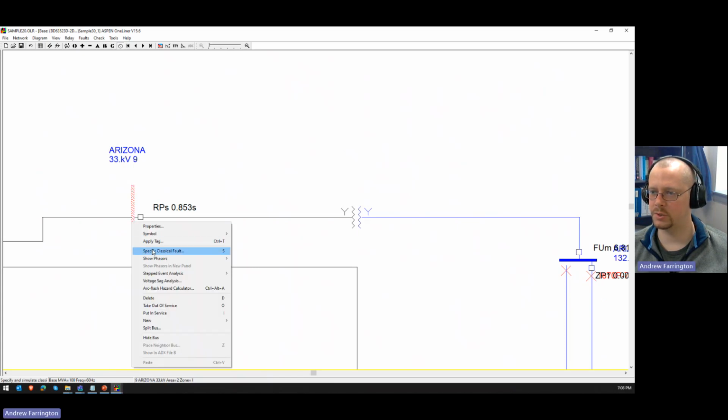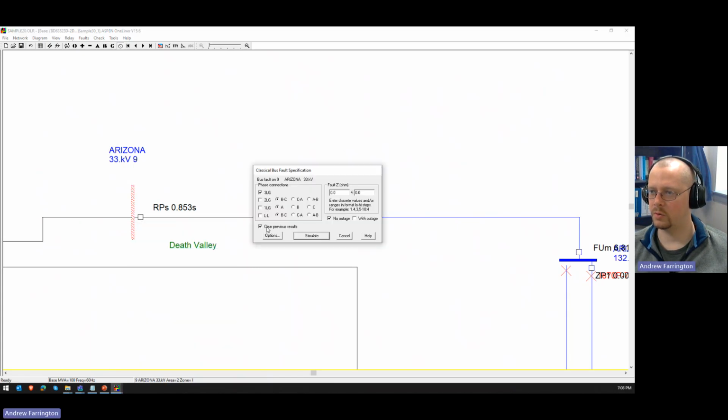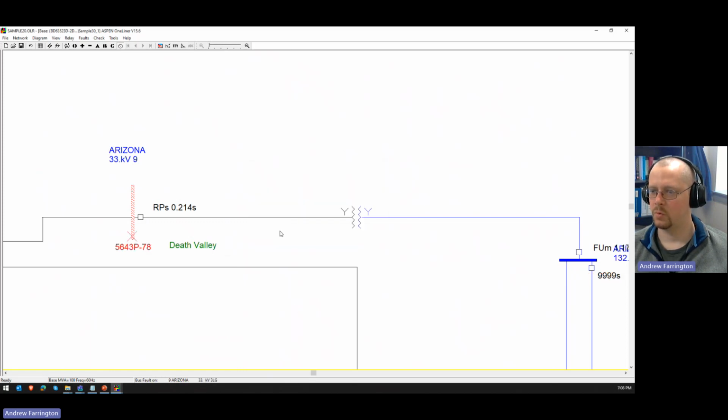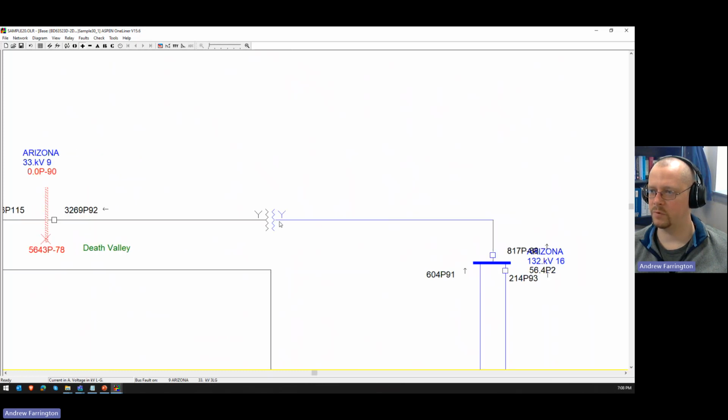But what this currently doesn't take into account is what the fault current is and the relative current seen by the two devices. What do I mean by that? Let's say it's a three-phase fault on this bus. This relay is going to see 3,269 amps of fault current. But because the fuse is on the high side of the transformer, and we have the inverse of the turns ratio